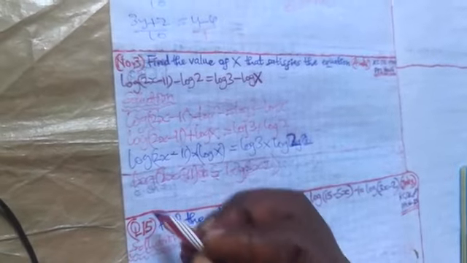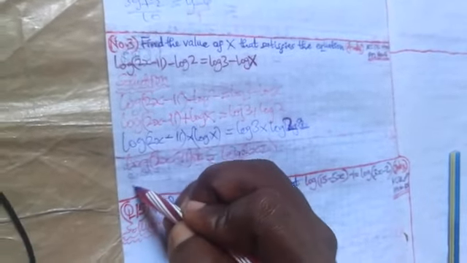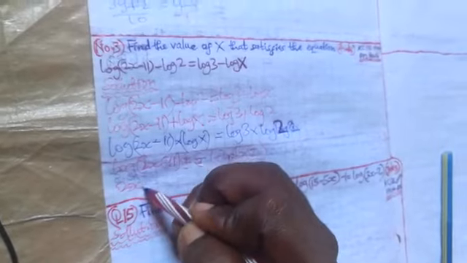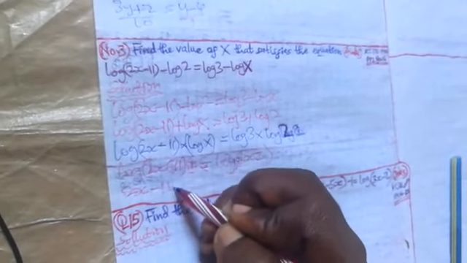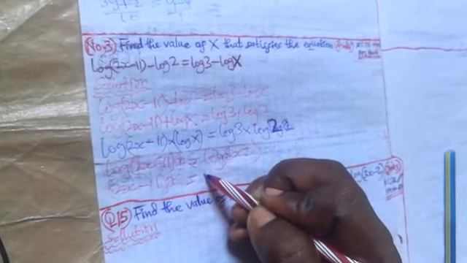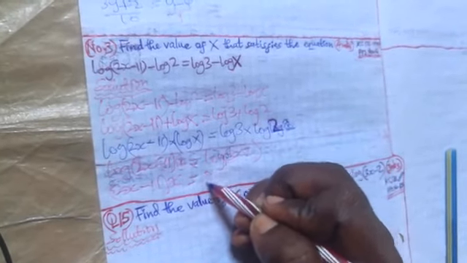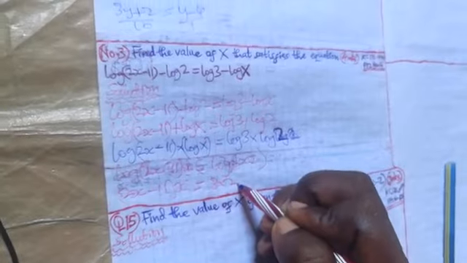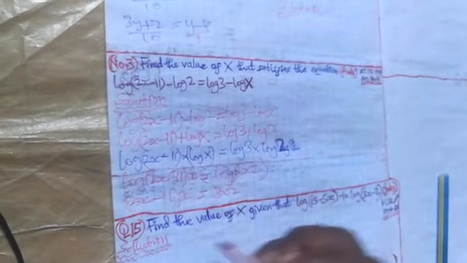By dropping the logs on both sides, we say 2x minus 11 times x is the same as 3 times 2. This will give us